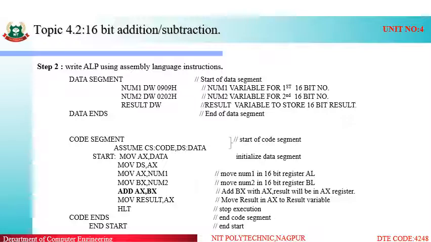So in the next part, in the code segment, first we have to move the first variable number into any register. So num1 is our first number, so we will move num1 into a 16-bit register, that is AX, and in the next step, we will move the second number into any other register, that is BX. So MOV AX comma num1, that means num1 will be moved into AX. Similarly, MOV BX comma num2, that is num2 will be moved into BX.